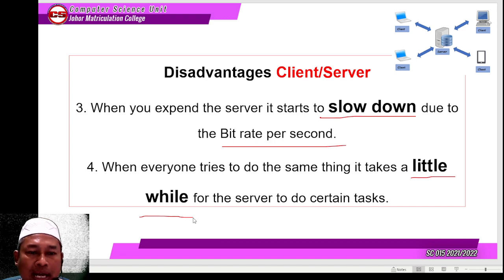Kelemahan client server ini adalah satu, sebab ia adalah centralized. Jadi client server ini sebagai centralized, sebagai center. Jadi apa saja yang request benda yang sama ke atas server, maka server akan menjadi letih. Contoh, kalau semua mengharapkan ketua, ketua itu akan menjadi letih. Samalah juga dengan server. Jika semua inginkan benda yang sama, maka server itu akan menjadi slow